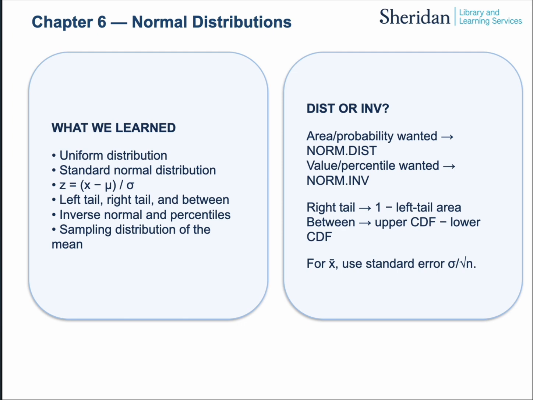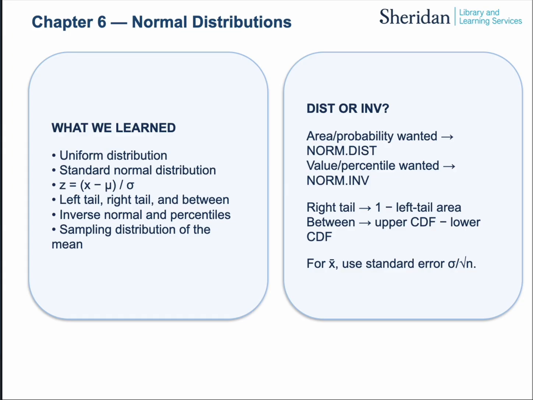If there's something I'd like you to remember from this chapter, it is: don't memorize every situation separately. Instead, ask yourself, am I looking for a probability or a value? Which region of the normal curve does the question describe? If you answer these two questions correctly, choosing the right Excel function becomes much easier, and most normal distribution